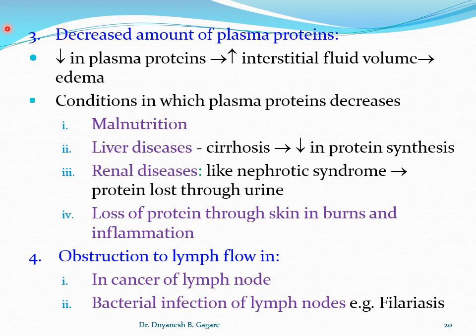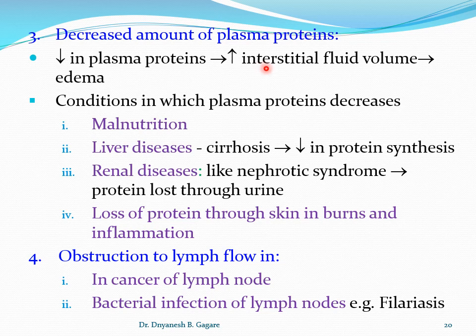Then, students, decreased amount of plasma proteins. I told you that the plasma colloid osmotic pressure is one of the Starling forces required for tissue fluid formation. If the plasma protein level is decreased, what will happen? There is an increase in interstitial fluid. The plasma colloid osmotic pressure in the capillary is 28 millimeters of mercury, and it causes the osmosis of the fluid. If the protein level is decreased,